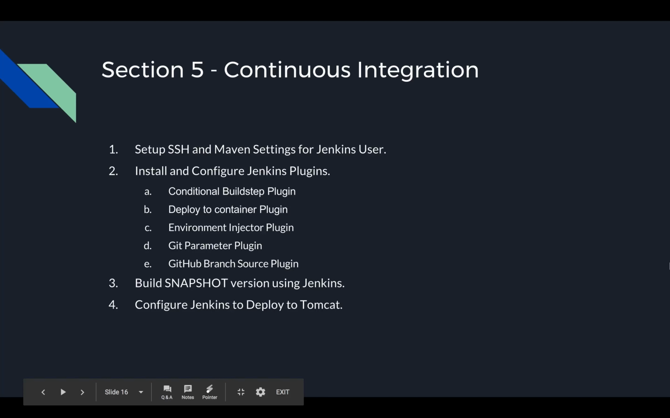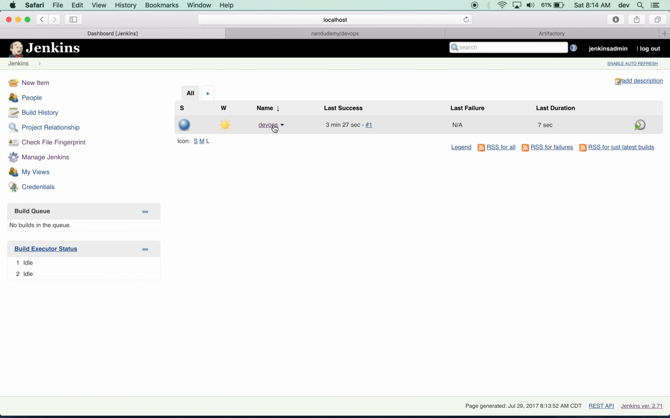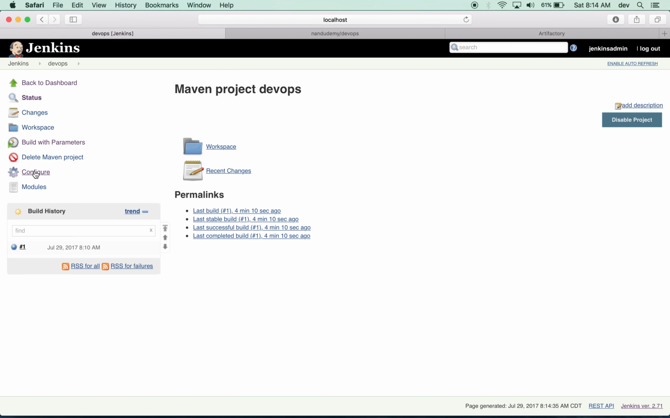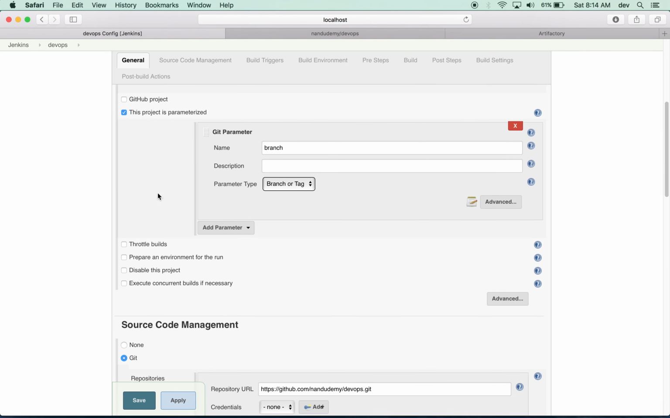We have the basic job set up to be able to check out from Git and do a build locally. Let's look into some advanced configuration. So in this section, we'll look at the configuration to actually check out from a branch and be able to talk to Artifactory. So let's head over to the Jenkins job, click on DevOps, click on the configure section,